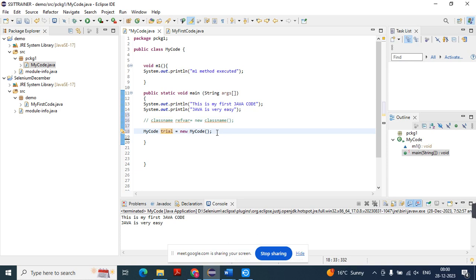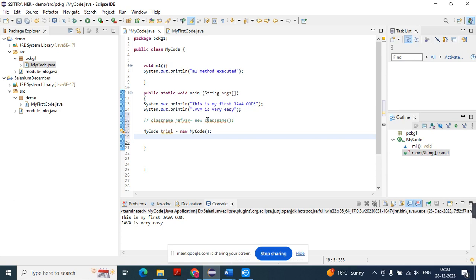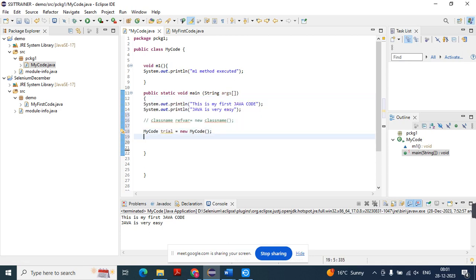and now I want to execute this method, this m1 method. Now what do I have to do, simply I have to call that method in the main method. See, m1 method is created outside the main method, right? Now I want to call that m1 method inside the main method. Where does my main method start, from 12 to 21, right? Now in line number 19 I am calling that method. So how can we call it, what is the object created, trial,